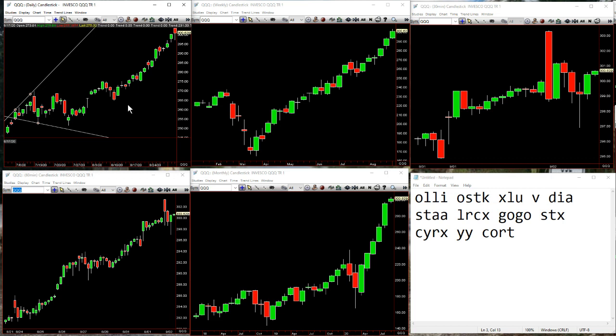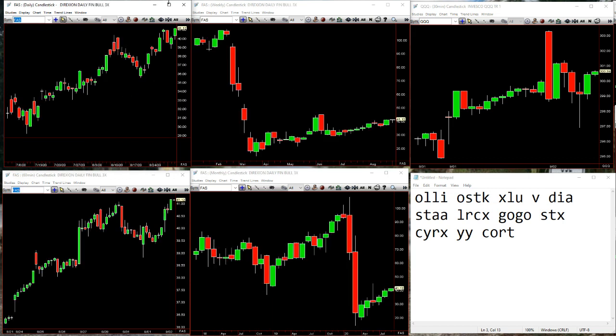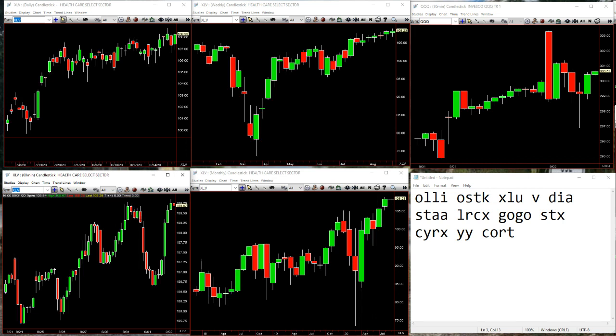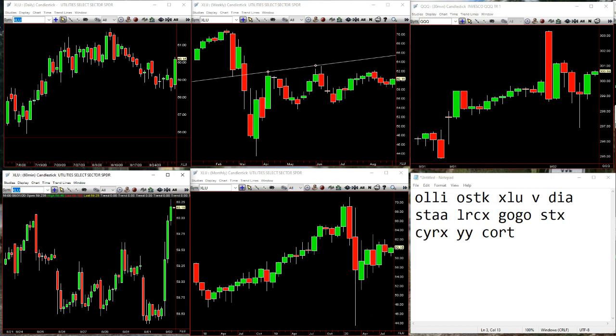But if you were looking at the sectors and you thought this market was going down, you would not have thought that. You would look at FAS hanging near the highs. If we go to the 60, look at this. No lower low, hanging near the highs. XLV, how's that doing? Real nice. How about XLU? Right, so there's sector strength, and what you saw this morning was a little bit of profit taking in some of these high flyers, but real selling, nope.